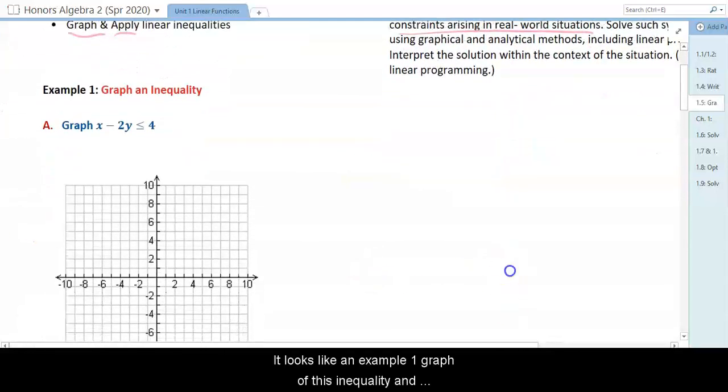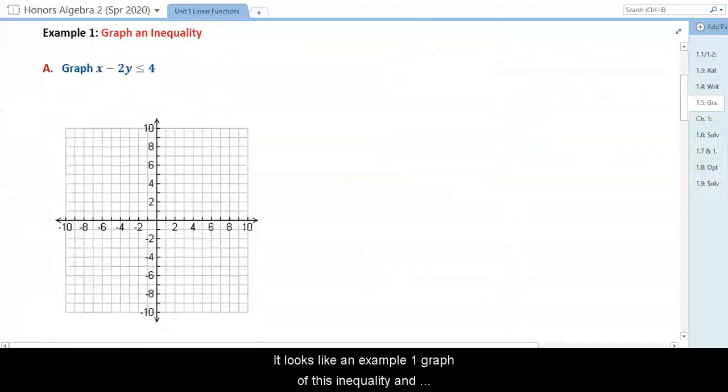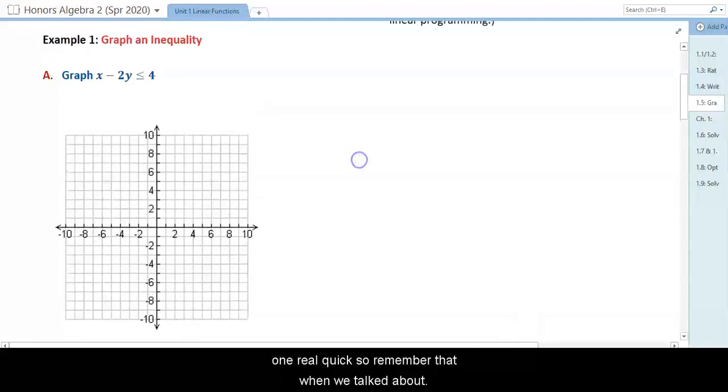All right, so let's look at example 1, graph this inequality. And so we've got one that is in standard form. X minus 2y is less than or equal to 4. So a couple of reminders from Algebra 1 real quick. So remember that when we talk about